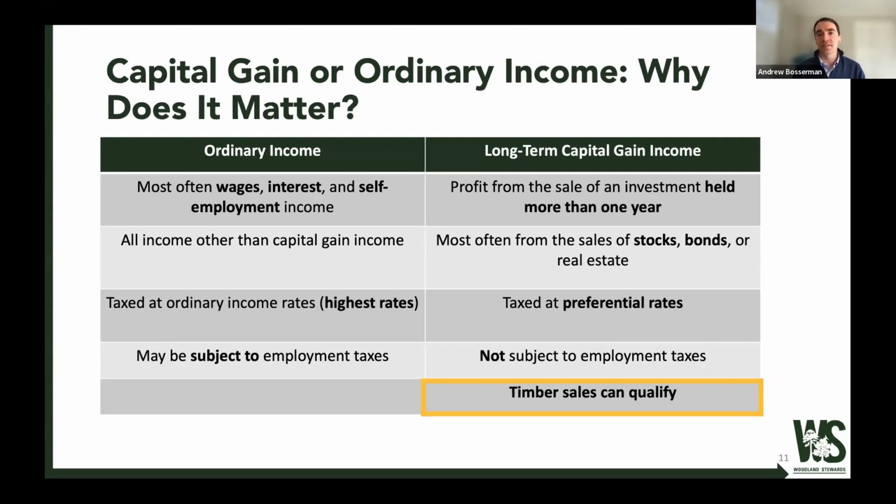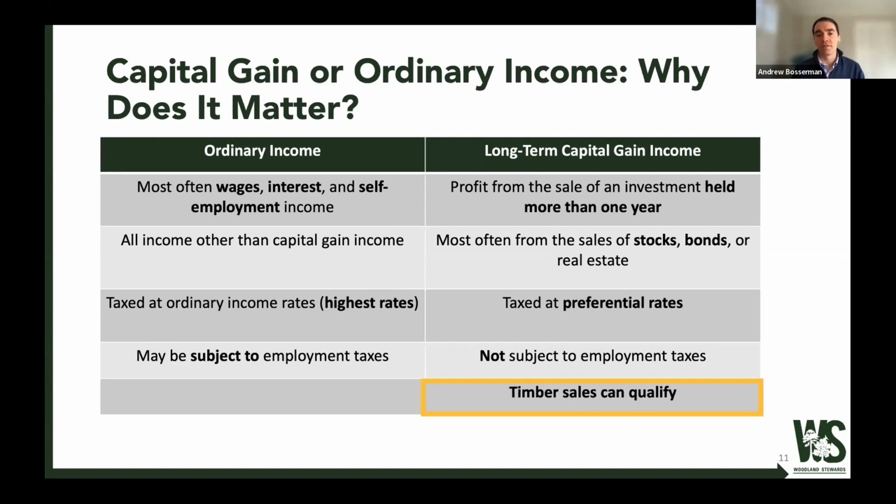It's what many of us think of as income. It's income from a job, wages, it's interest, self-employment income. It's pretty much all income other than capital gain income, which I'll describe shortly. The other thing about ordinary income is that it's taxed at the highest rates. So anytime you hear tax rates discussed in the news, they're generally talking about ordinary income rates, which currently range